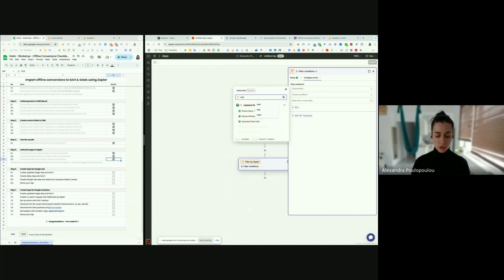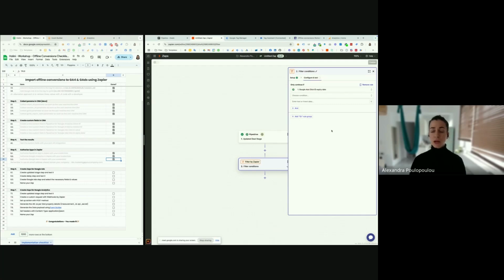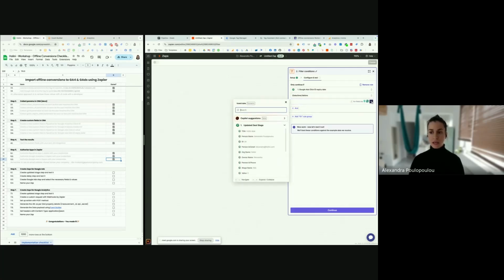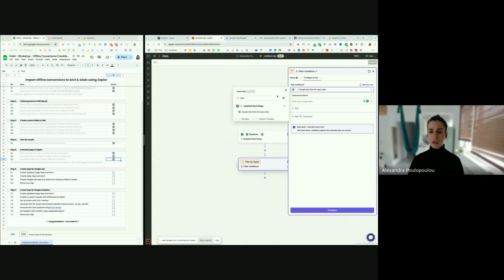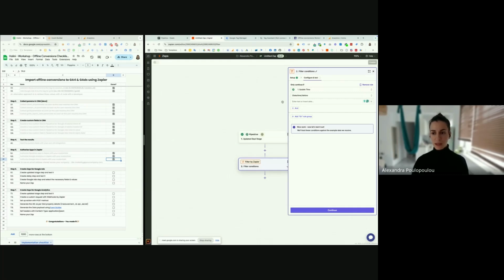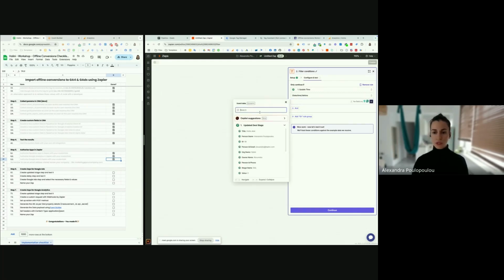So we want to use here the expiry date that we have, and we want this ZAP to be initiated when, let me just find it, the date and time of the lead moved from one stage to the other was before our GCLID expiry date. Oh, sorry, here it is not this. Here we have the update time, and here we will use the expiry date.